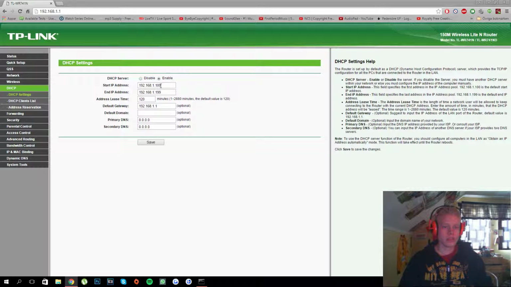So I could actually use any number between 2 up to 99, and from 200 up to 254 for my static IP addresses, because my router will never assign those IP addresses automatically to any device. So just to get that out there, just use any number that is not in your range of DHCP addresses.